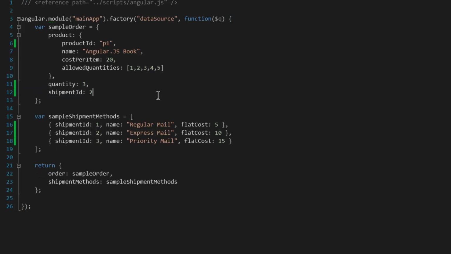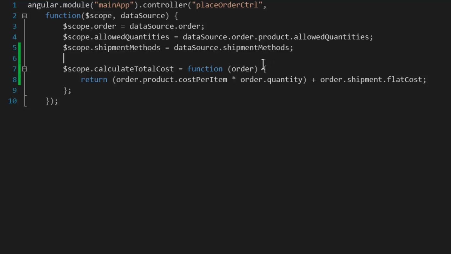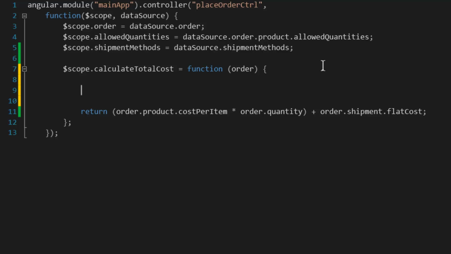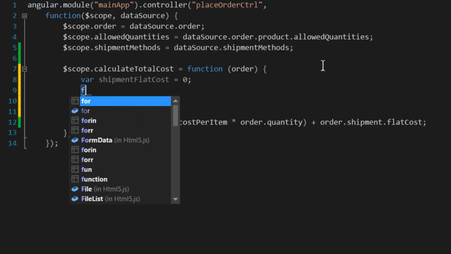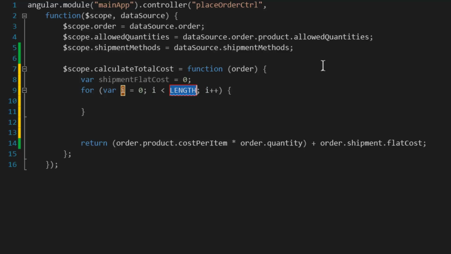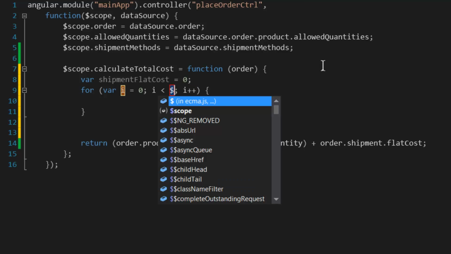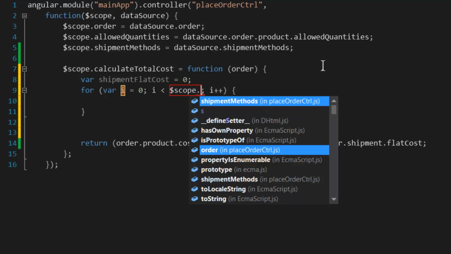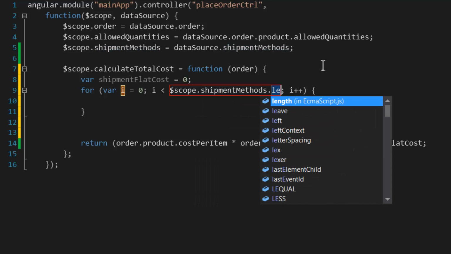There are several implications of this. Of course, our calculation method will be different. For here, I'll try to do it just very stupidly. So I'll say shipment flat cost initialized to 0 and loop over the values that we have inside the scope shipment methods. So I'll say here we loop until the scope shipment methods dot length,